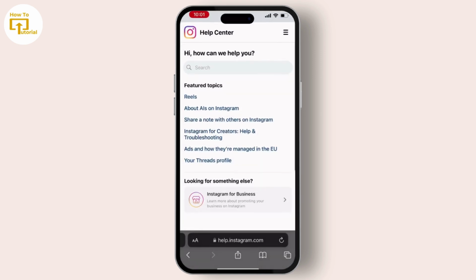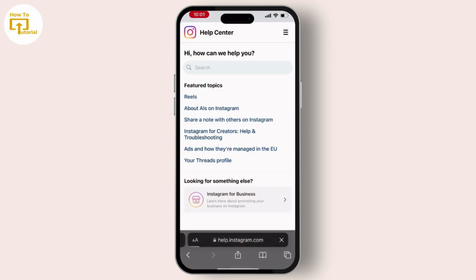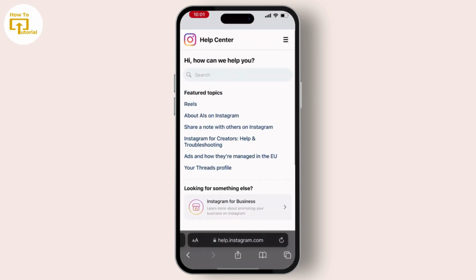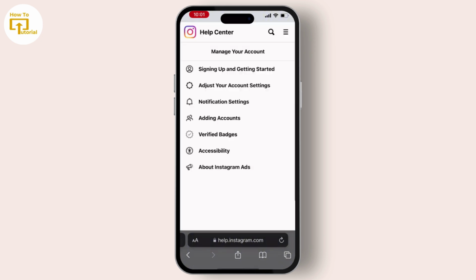Then type instagram.com/support and go through it. There you will see this page. From here, click on the three lines on the top right corner and then go to the manage your account